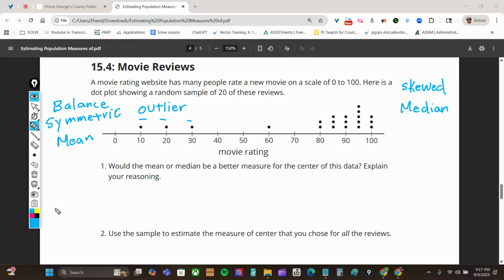Okay. How would you find the median of this data? It says there's 20 reviews. It means there's 20 dots here. So that means that 10 and 11 would be the center. Okay, the center of the data. So you would go 1, 2, 3, 4, 5, 6, 7, 8, 9, 10, 11. So basically the two middle data points would be 90 plus 90, and you divide that by 2, and the median would be 90